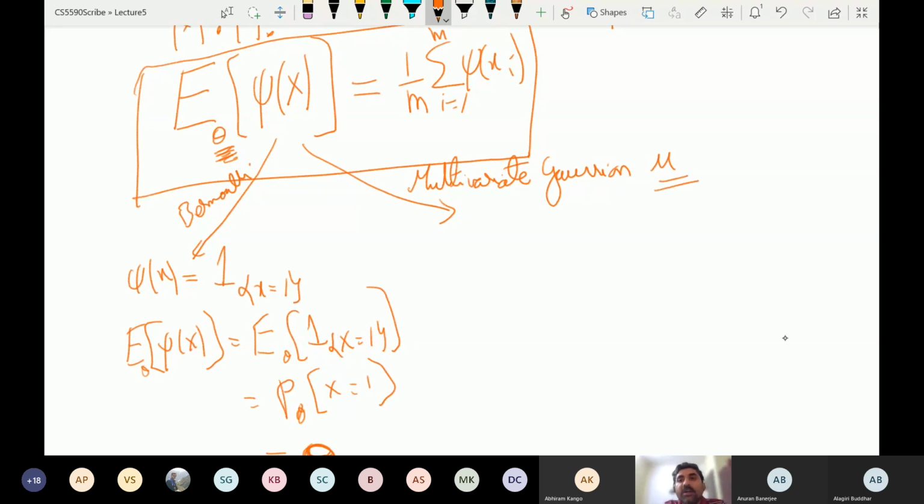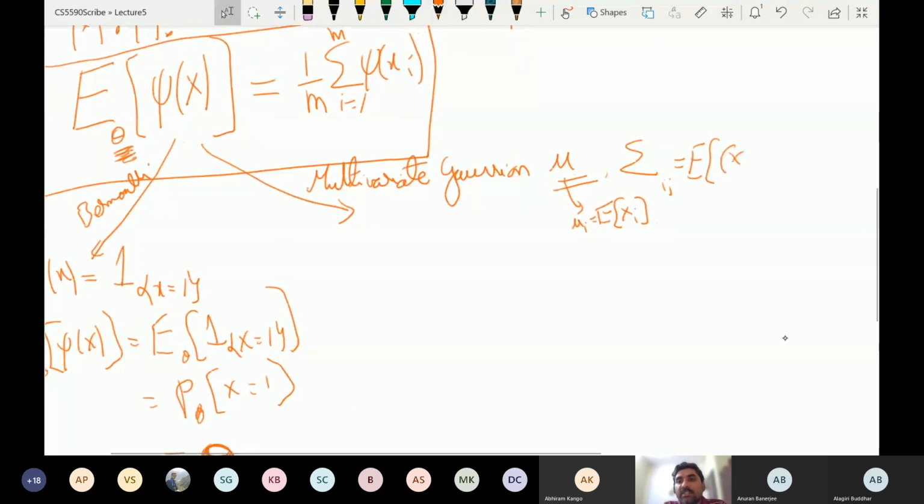That's what is mu. And sigma is nothing but the matrix of covariances. So basically mu i is given by expectation of xi, and sigma ij is given by